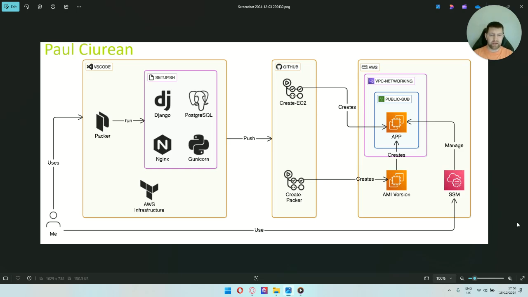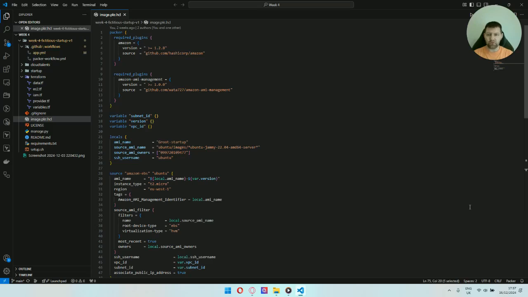And as you can see, I have two GitHub actions. One will create the Packer image, and then the other one will create the EC2 instance using that Packer image. And as you can see, I can use the SSM to connect to my instance and manage the instance as well. Now, let's go through the Packer image just to show you what we do and how we